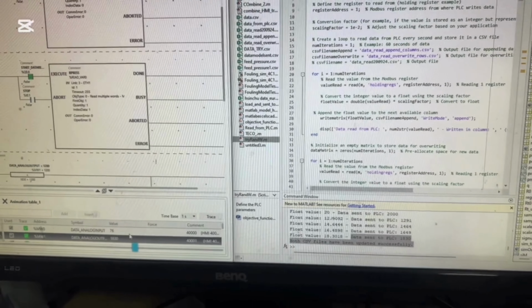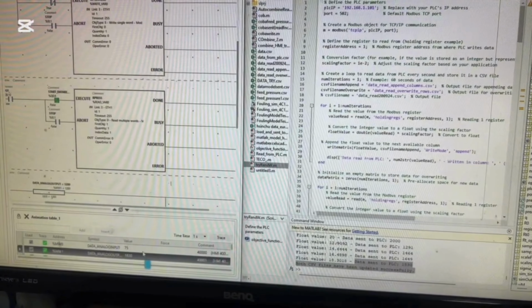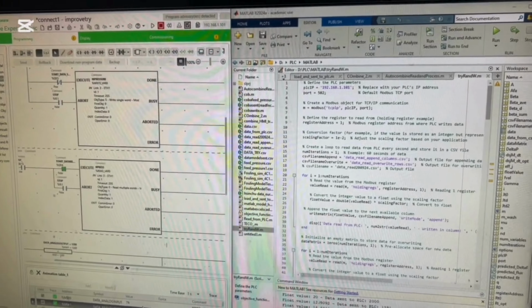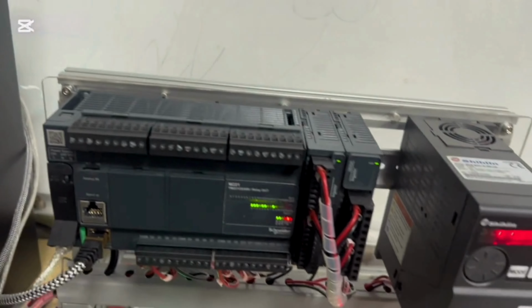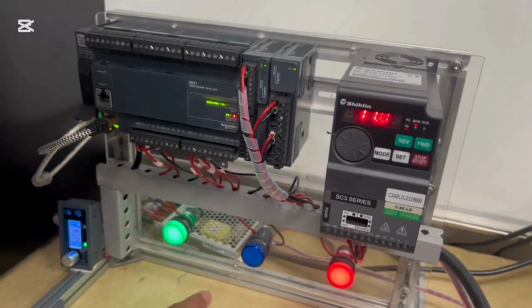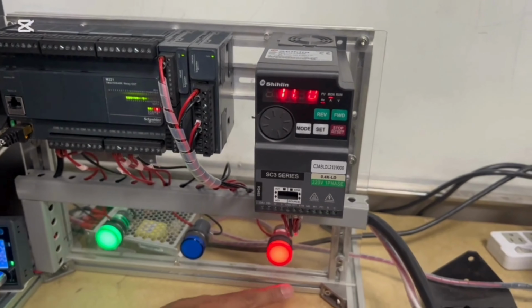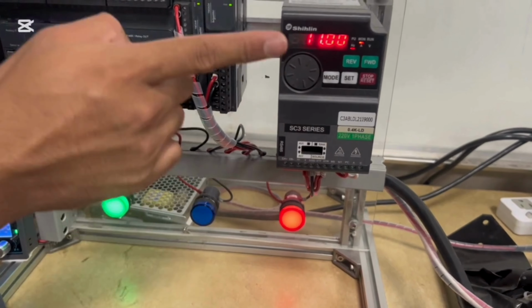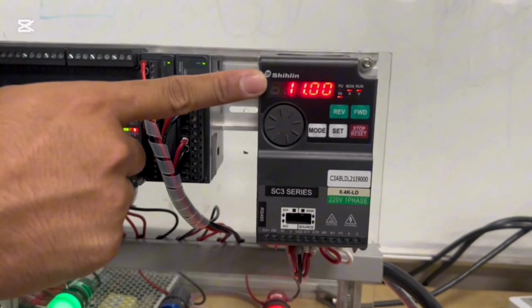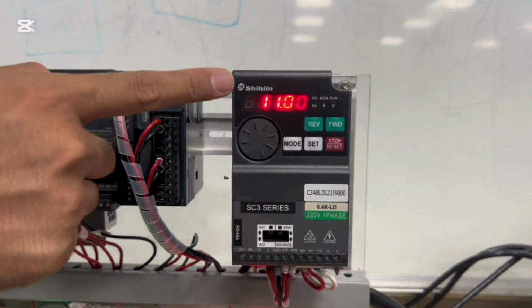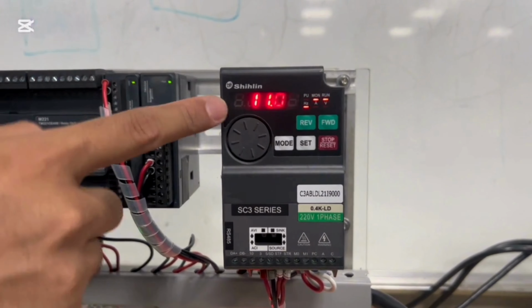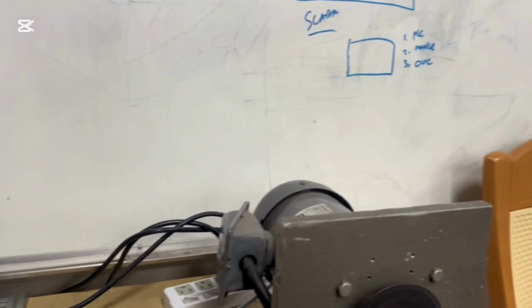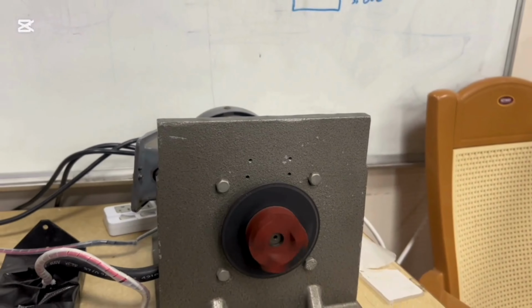So how we see it in the hardware, we can see in the hardware also directly in this part. It says that it's backward, and we can see in the VFD in here, the frequency value is 11, and also we can see the output of the motor.